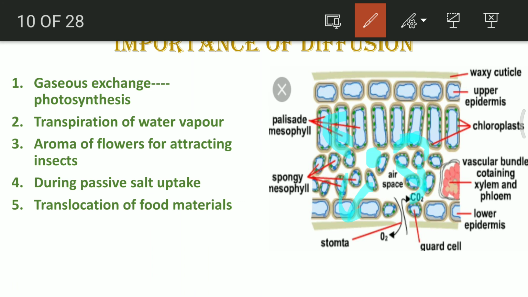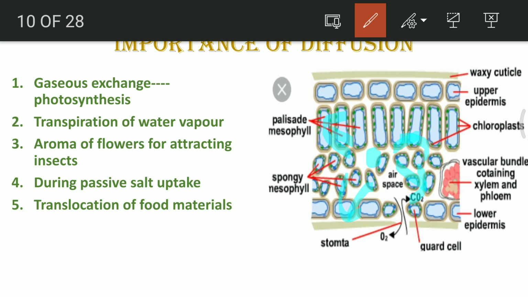During the passive salt uptake, the ions are absorbed by the process of diffusion. It means that generally when the salt is taken up by the roots of the plant, at that time it is passive transport which is occurring, and by that process only the movement of salt takes place inside the root. Generally there is no energy required at this process, so it is just normal diffusion which occurs, by which the salts can enter inside the